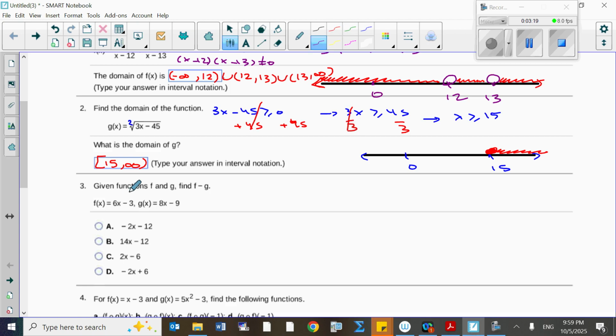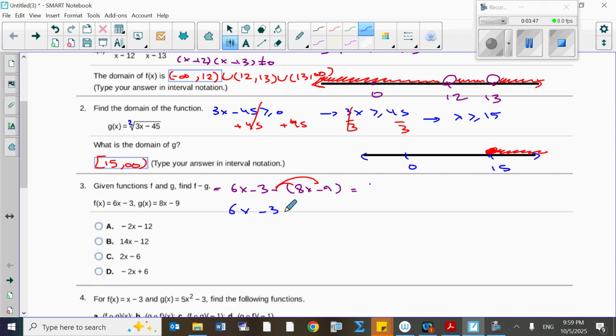Next question is asking us to find f minus g. So all we need to do is subtract these two functions, write the equations and subtract those from each other. So I can write 6x minus 3 minus 8x minus 9. Don't forget to put the second one inside the parentheses because we need to distribute the negative after that. So this will be